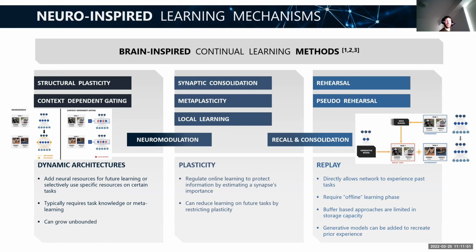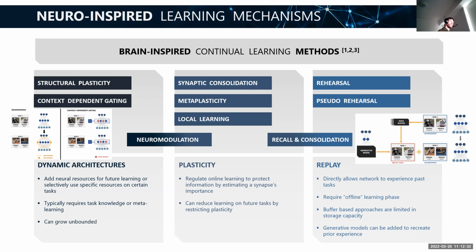So these methods are nice. They just integrate with the learning that's already going on in the network without too much overhead. But the issue is you need to protect information by knowing what information is worth protecting. And some methods to determine that can be expensive, such as using Fisher information or gradient information. And eventually they'll reach a point where they reduce learning on future tasks, because so many of your synapses are protected or frozen and prevented from learning that you can't learn the newest task. So you might retain some accuracy, but you don't do well later on, and you kind of stop learning.